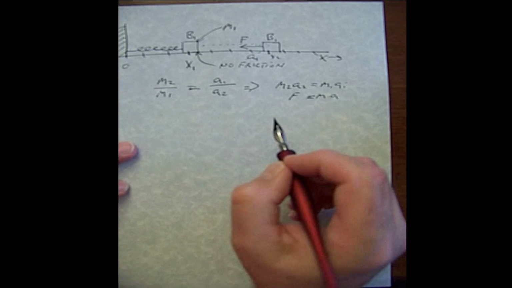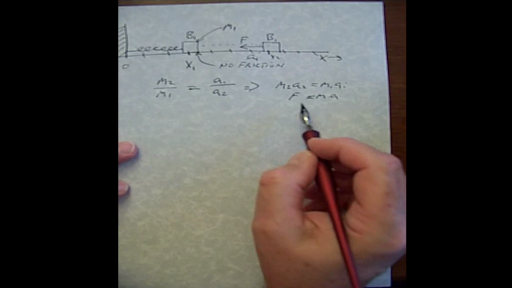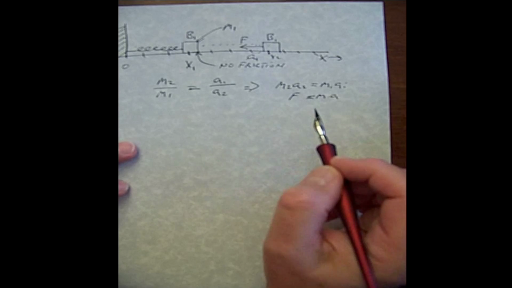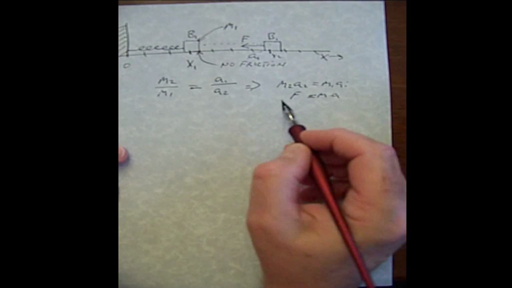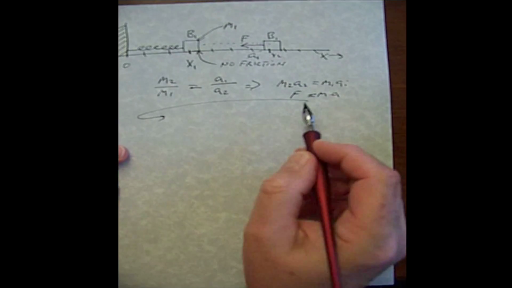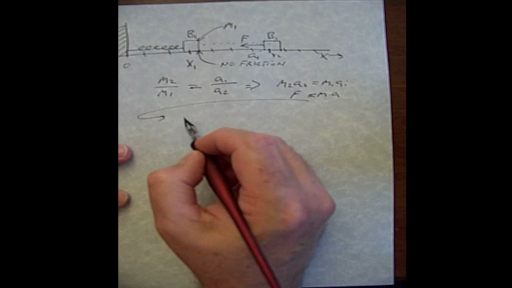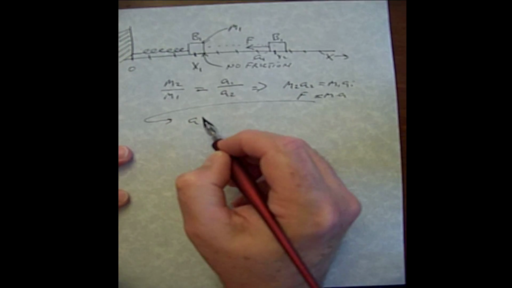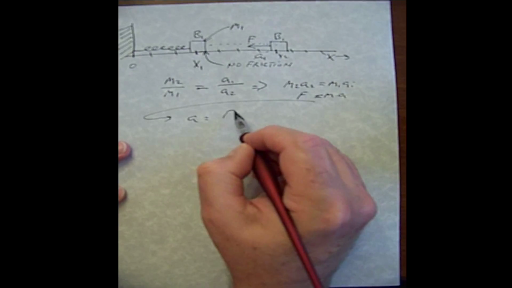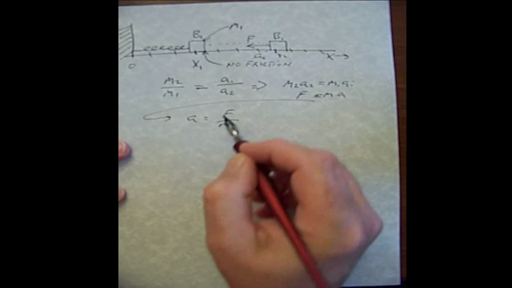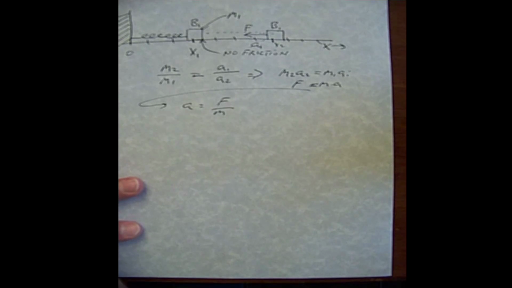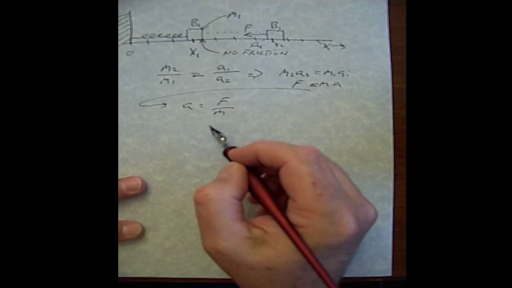And from here we get the equation force equals mass times acceleration. Now, we can rewrite this as acceleration equals force divided by mass. And this brings us to Newton's second law of motion, which is that acceleration